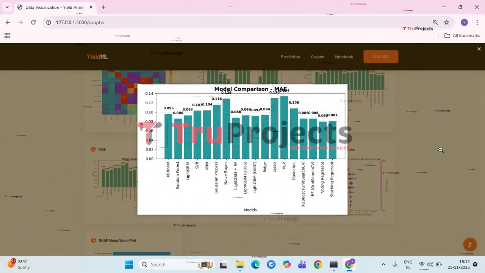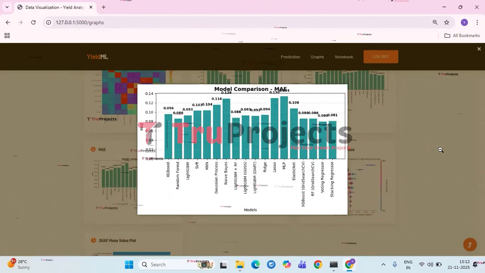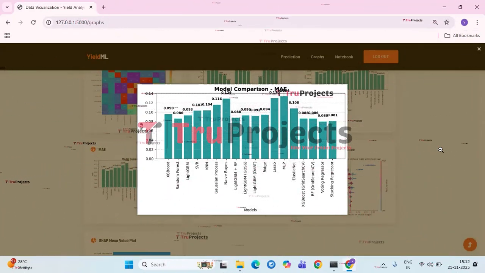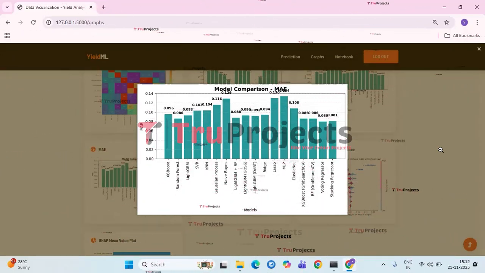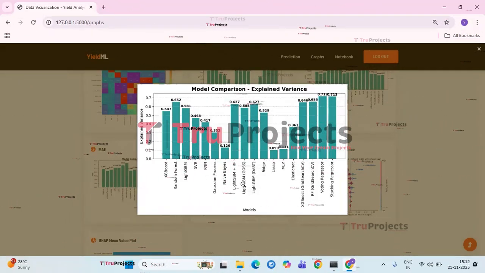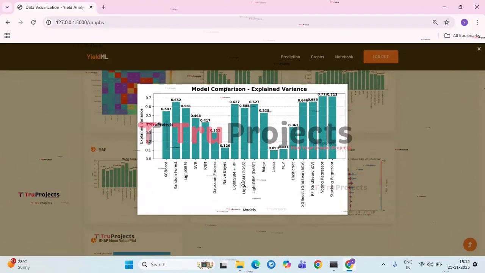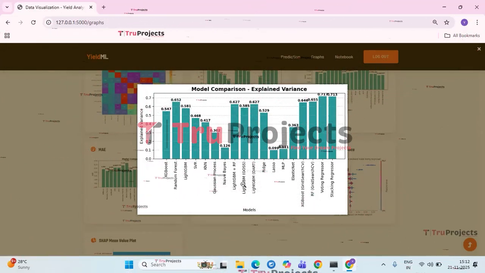Meanwhile, models like Gaussian process, Naive Bayes, and MLP show higher MAE scores, indicating weaker performance. Overall, the graph highlights which models produce the smallest average prediction errors and therefore perform best for the given regression task. Next, we have the explained variance graph. The chart compares the explained variance scores of several regression models